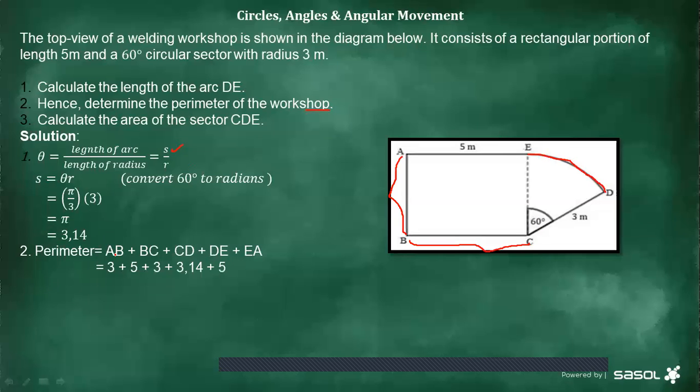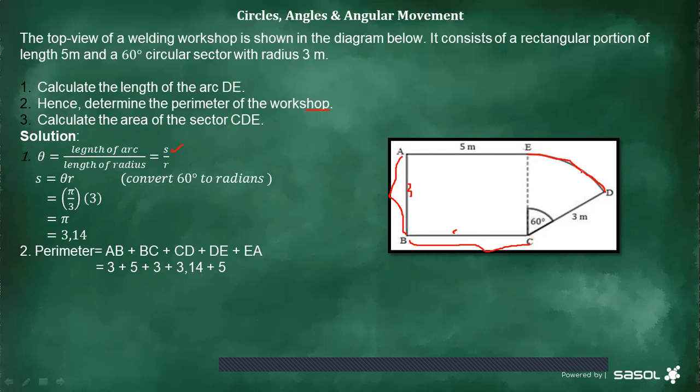Then we say AB is 3, because we can see that the length of CD and CE are equal, which is 3 meters. And you can see from this rectangular portion, we know that the length of CE equals the length of AB. The same applies with the length of AE equals the length of BC. Hence we say this is 3 meters there, and then BC is also 5 meters because these opposite sides are equal in terms of length. And then of course we've got CD, which is 3 meters,